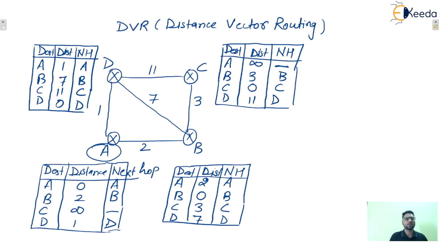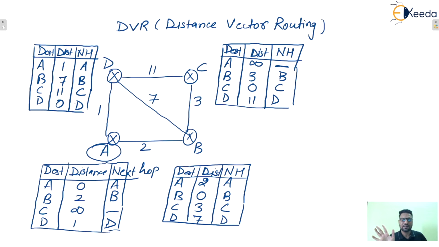Now what will happen? Let's say any adjacent link to node B, or router B, goes down. Immediately that information will be reflected in the routing table of B. B knows about its adjacent vertices as well as incident edges. If any link goes down, then immediately that information will be updated in the routing table of its neighbor.